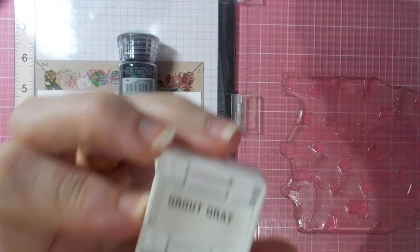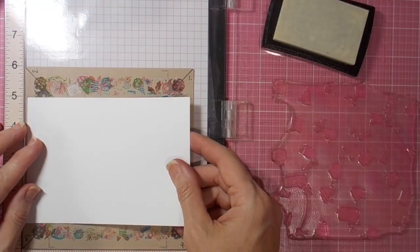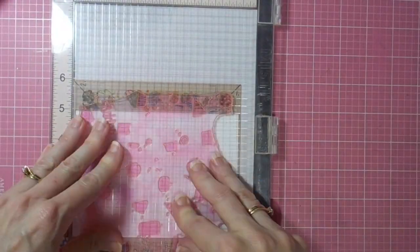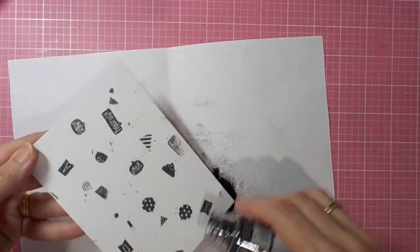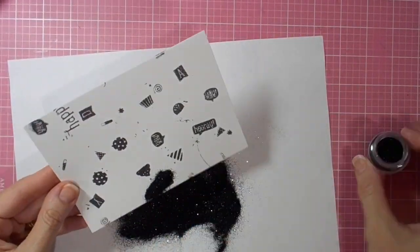And the last card today features another of the Nuvo embossing powders. This one is a beautiful black glitter called Glitter Noir. And the other colours that I very quickly ran you through there were MFT's Grout Grey and Catherine Pooler's Limoncello and Flirty Fuchsia, that beautiful purple. So on with the